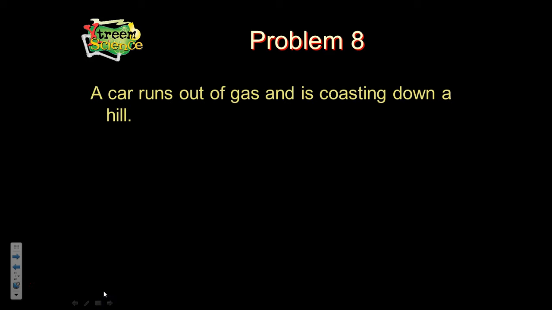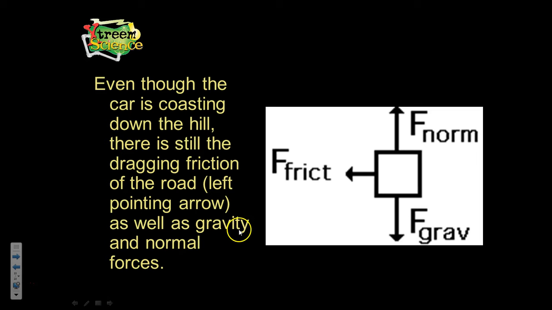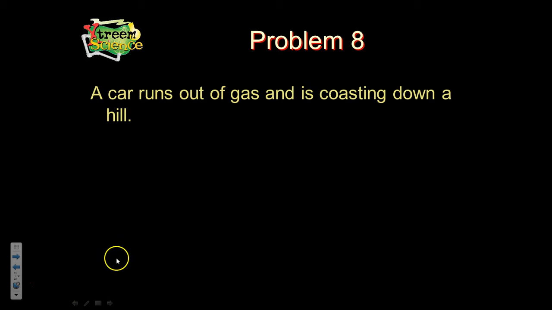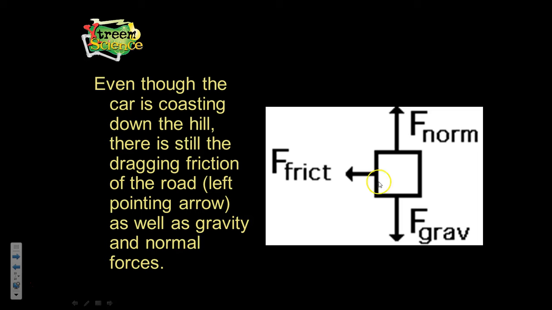Problem 8. A car runs out of gas and is coasting down a hill. So on this one, notice it says coasting. Coasting means we're moving at a constant speed, so we're not accelerating. That's why there's no applied force on the right. But since we're coasting, we are moving. So since we're moving to the right,